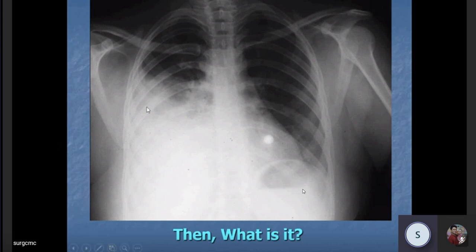We don't know. You can see the opacity, but this is a rib. This is not exactly opacity. The opacity is like this, so this is more or less horizontal. This is an artifact, probably a button. Don't think something is there inside the heart. So this is a horizontal opacity on the right.